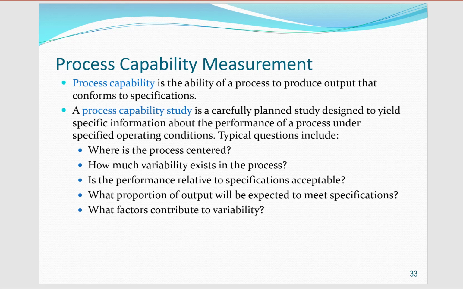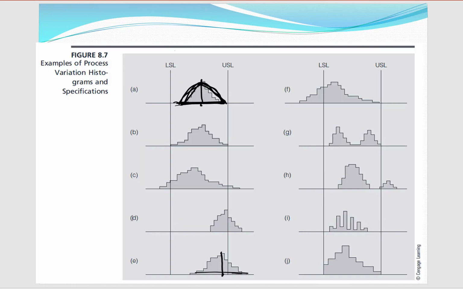And generally, process capability studies answer several questions, such as where is the process centered, how much variability is in there, is the performance of it relative to specifications acceptable, what proportion of the output will be expected to meet specifications, and what factors contribute to variability, and what factors contribute to not being able to meet the specifications. So related to that is this whole notion of